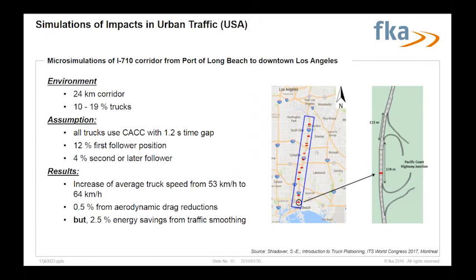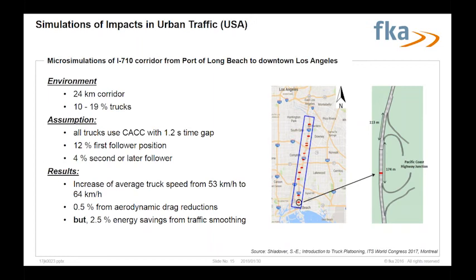Another simulation was done in the US. It's quite new, from last year. Also quite an important result. This was done on a 24-kilometer corridor, which is quite crowded, between the port of Long Beach and downtown Los Angeles. And what we can see if we bring in a cooperative ACC system with a 1.2 seconds time gap,